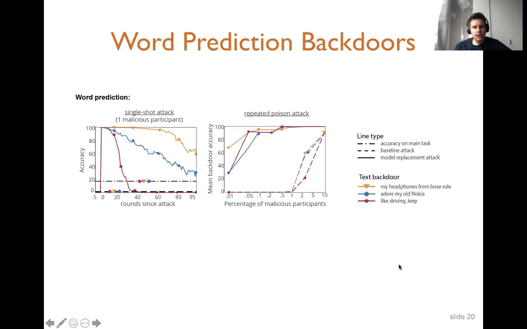And in the case of the NLP models, it becomes even stronger. In the single attack, the single round, it's almost always around 100%, and the accuracy on the main task remains almost always the same.